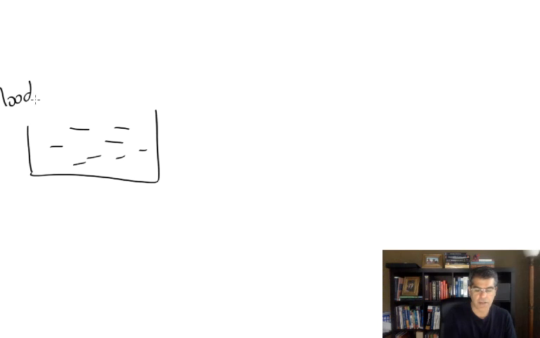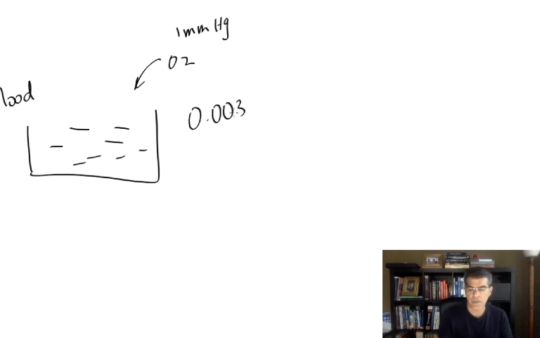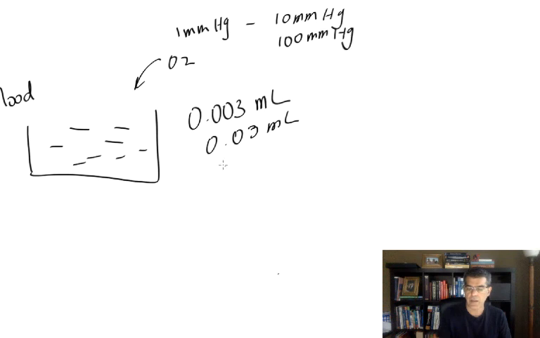Let's take a look at the example. Let's say in this container, here is the blood. And I'm trying to dissolve oxygen inside this blood. If I'm using 1 millimeter of mercury pressure, how much of this oxygen can I dissolve here? Well, the answer is we can dissolve 0.003 ml of oxygen inside this blood. Instead of 1 millimeter, if I change it to 10 millimeters of mercury, I can do 10 times more. So the answer would be 0.03 ml. And if I increase it to 100 millimeters of mercury, then I can dissolve 0.3 ml of oxygen